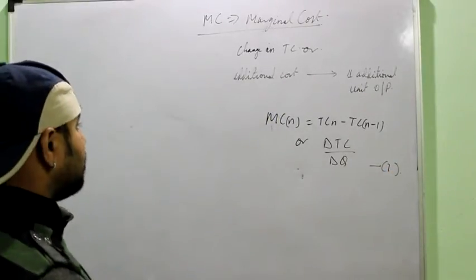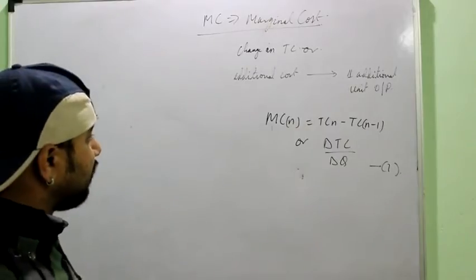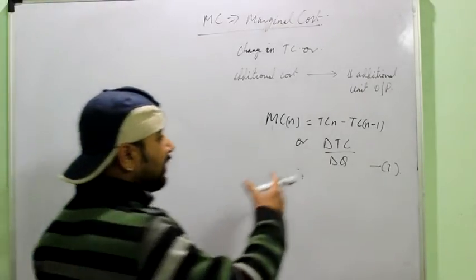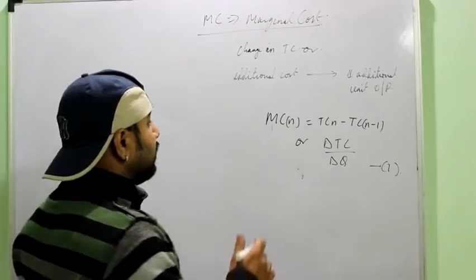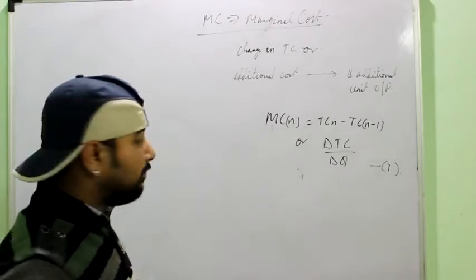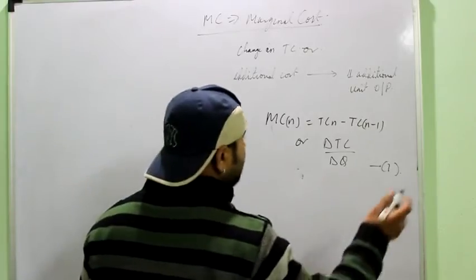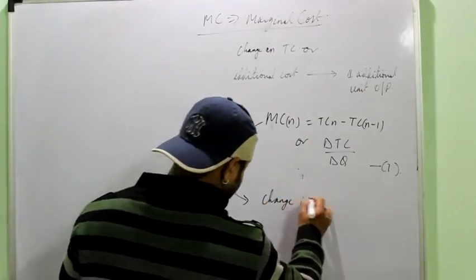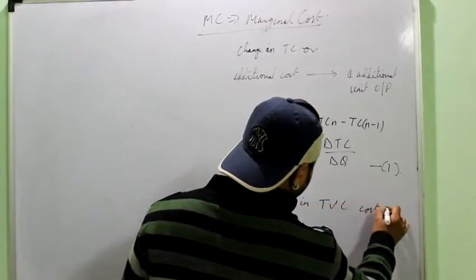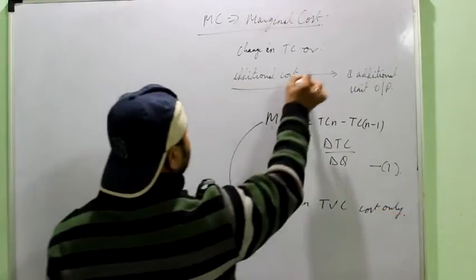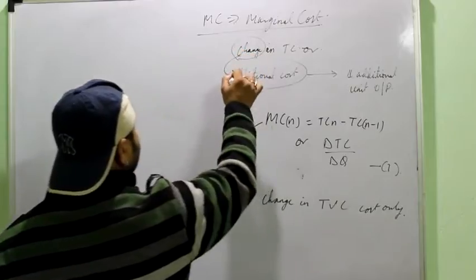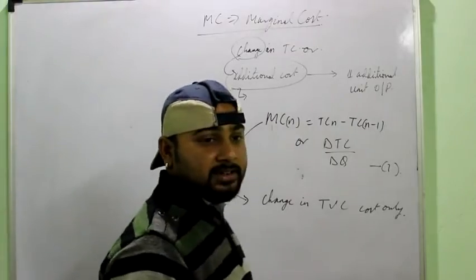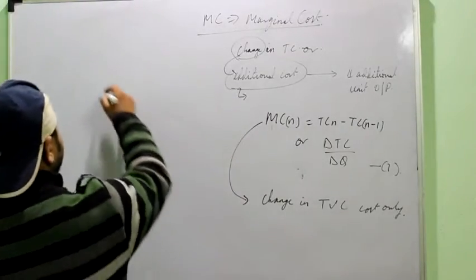By how much the total cost is changing. Again, see, the behavior of the marginal cost curve will depend on the total cost curve, because it is being derived from the total cost curve. So again it is U-shaped due to the law of variable proportions. But before coming on to the graph, we have to understand one more thing, that the marginal cost is the change in total variable cost only. Means when you are saying additional cost, that is the change in cost, that change will only be in the TVC. Simply you can understand, because TFC is constant, so the change will always be in the TVC.